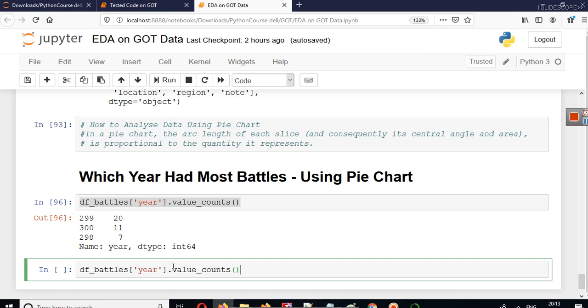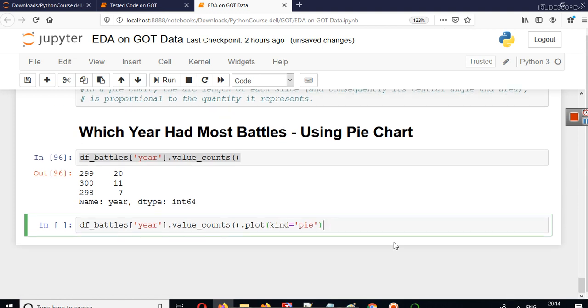So now you can write dot plot here, right? And in dot plot you can write kind is equal to pie. Kind means what type of plot you want to plot, and I gave you examples.